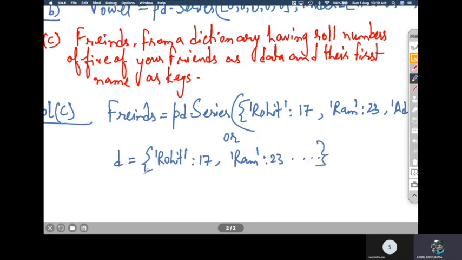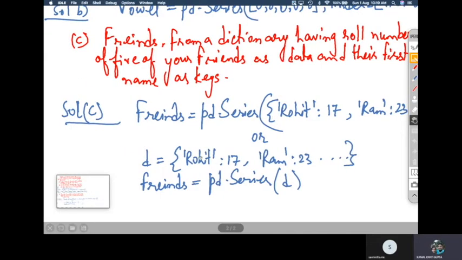You create your dictionary and then, while making the series friends, you pass this dictionary as a parameter to the Series function. So you can do it like this also, in 2 lines. Either you can do it in a single line or in two different lines, as you like. Now let us go for the next question, the D part.